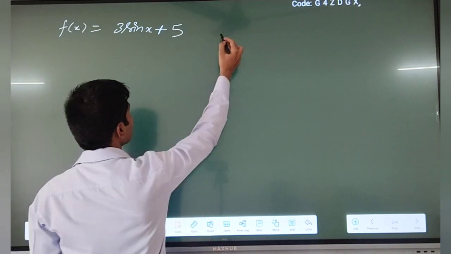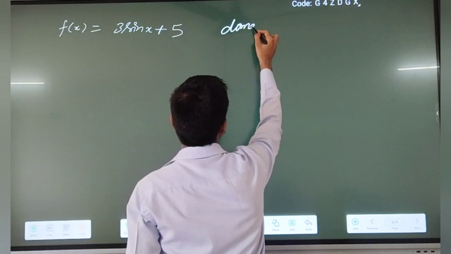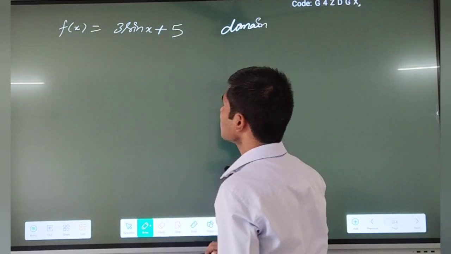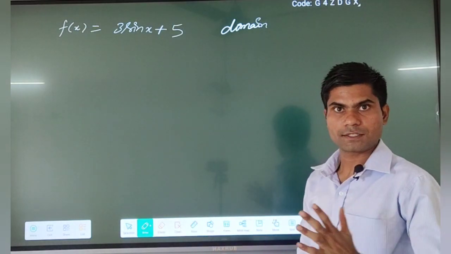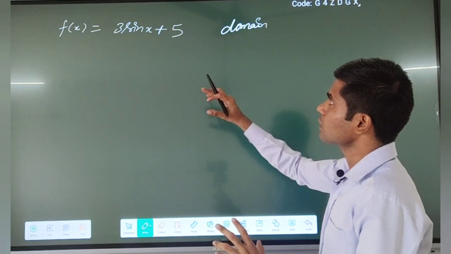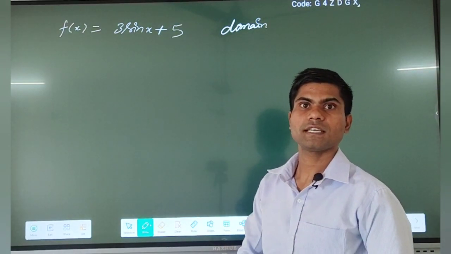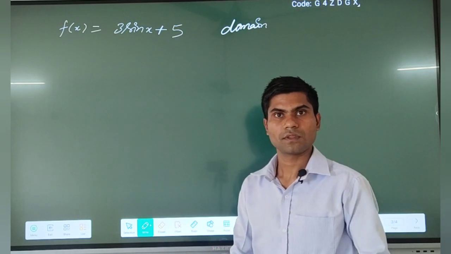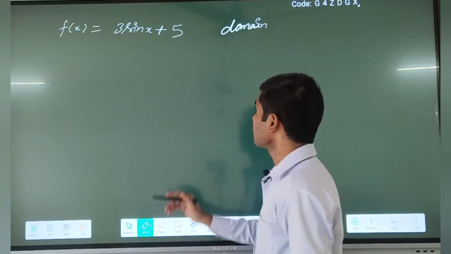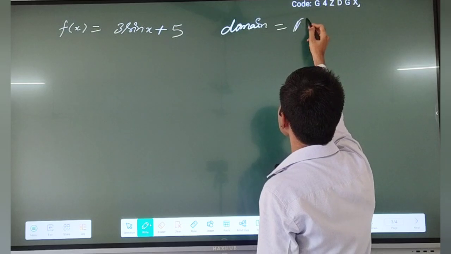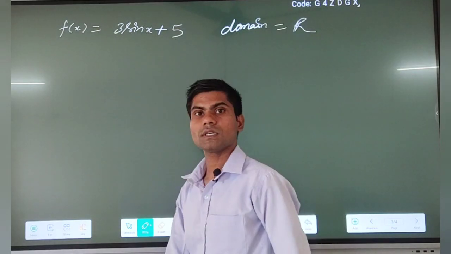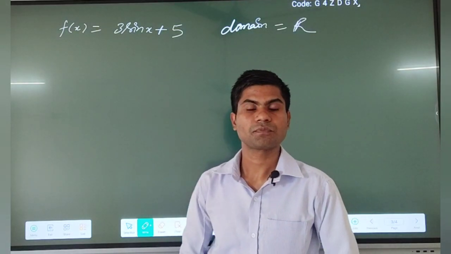First think about the domain. What is the basic meaning of domain? Domain means the value of x. So here instead of x you can put any number, sin 30 degrees, sin 40 degrees, sin 1 crore degrees, anything, you can find it easily. So here the domain is real numbers. But think about the range, how to find the range.